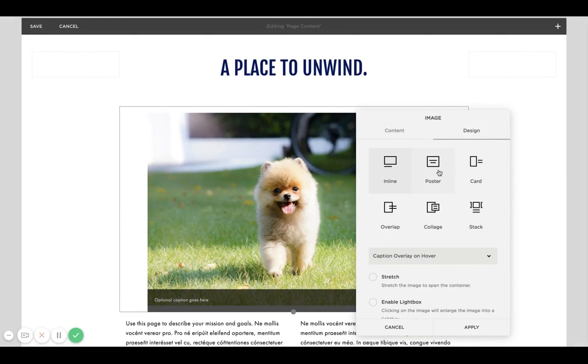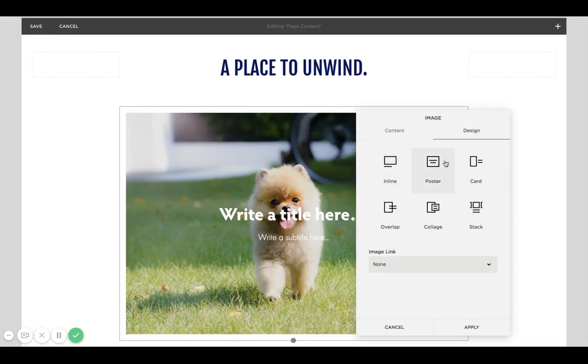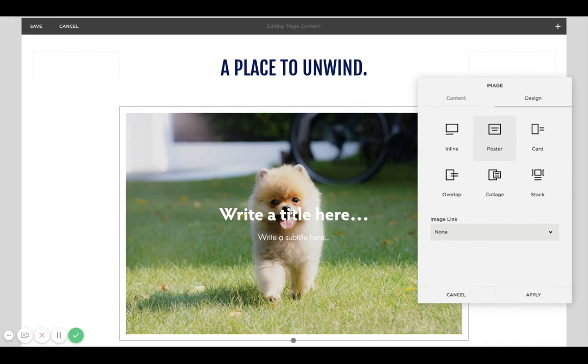So the next layout design is the poster image block. This allows you to have an image with text displayed over your image. So you can see if I click on that, now I've got an area to write text. I can write a headline here, and then you can write a subtitle here. You have those two areas for text, and then you also have an option to add a link to this